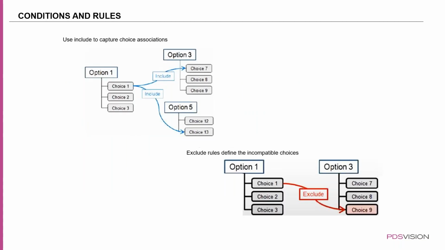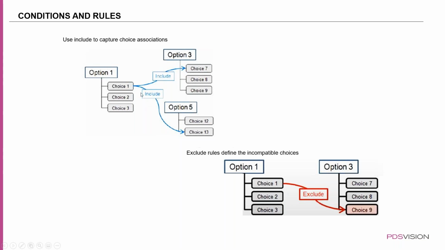And the next thing is conditions and rules. So you can basically set conditions to capture how you'd want different options to link together. The one rule you have is the include rule, which basically captures the association of your different choices. For an example, if you're looking at this include rule over here, it basically says if